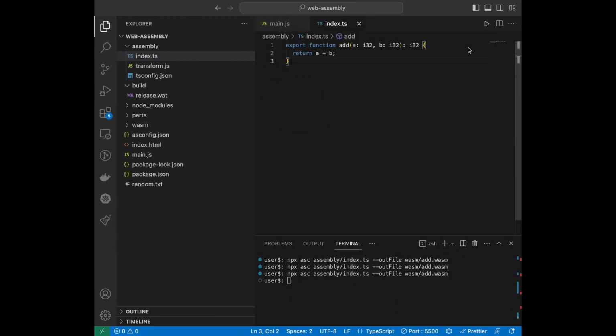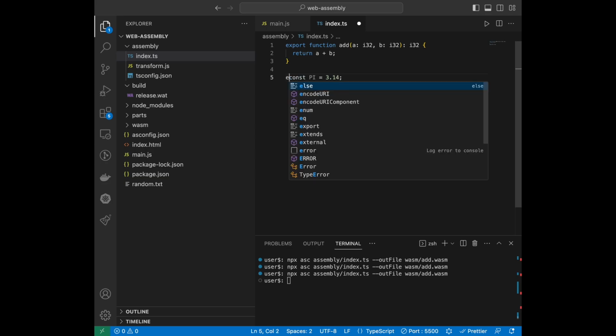So global kinds are quite simple. As we can infer from the name itself, global kinds are those variables that we declare globally inside our AssemblyScript code. For example, if I declare a simple variable here called const pi and assign it a value 3.14, this variable is globally available to our AssemblyScript file. And if I export it as well,